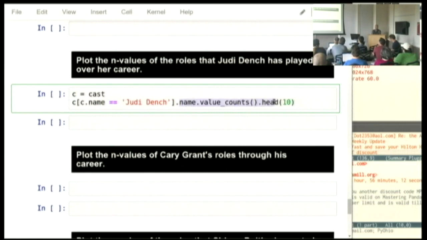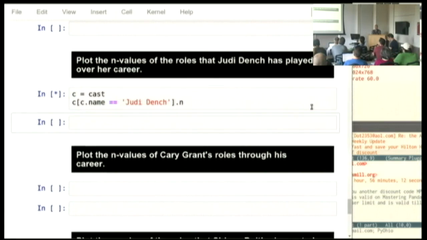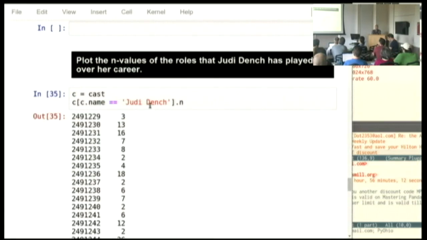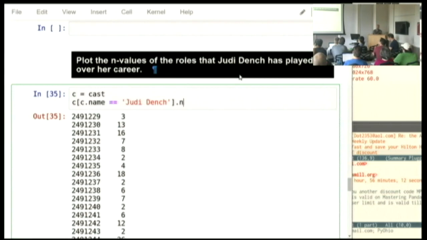You might think that you'll just pull out, let's see, the in values of the roles. All right, we want to plot this over time.